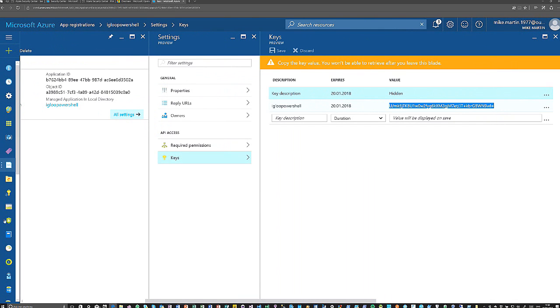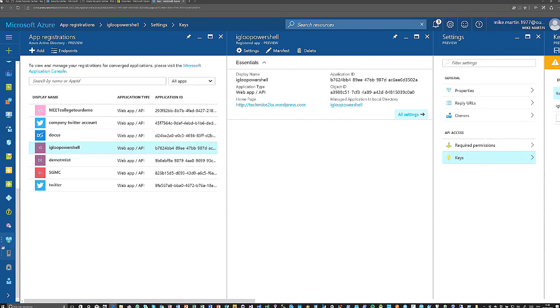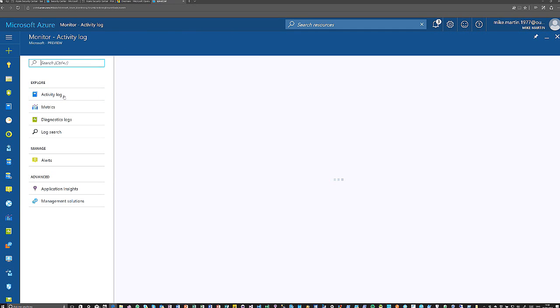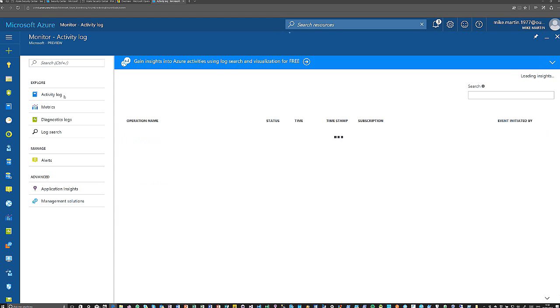So if we have Azure today, we have all these new toys that we can play with, and one of them is, for instance, getting applications into the new portal and making them serve as principal. So if you want to have secure connections with your applications, this is one of those things that you can do. But the thing that I want to show you, if anybody has access to your application, you have a monitor which you can use to see all the activities that are being done when it comes down to management.